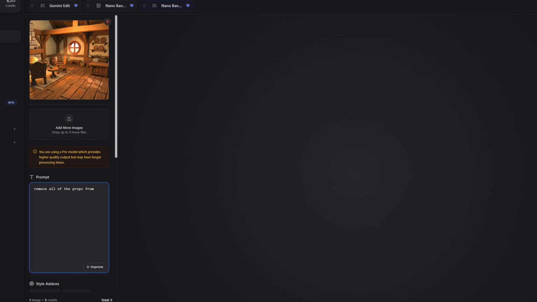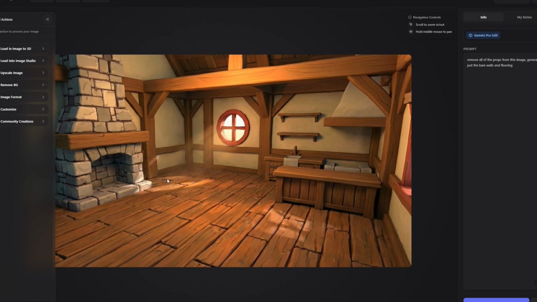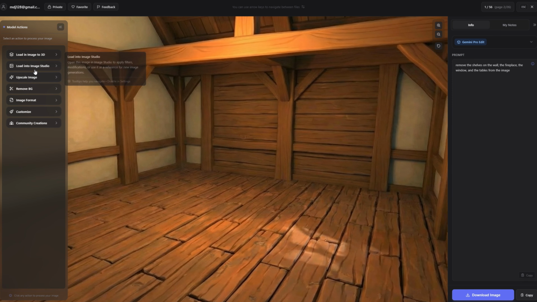And the next thing I'm doing here is editing the image with a simple prompt. Remove all the props from this image. This will give us a clean, empty interior, just the walls, the windows, the wooden floor. Having this blank version makes it easier to understand the layout, and it gives a solid baseline for us to build from as we start generating and placing the individual props. So as you can see here, a few props were left over, so I went ahead and did a little bit more editing and gave it some more explicit instruction to remove that fireplace and those additional